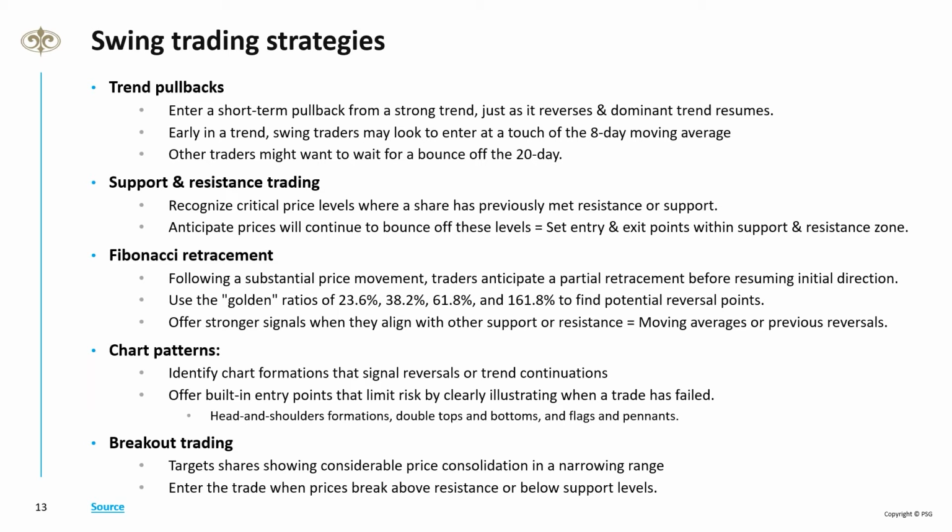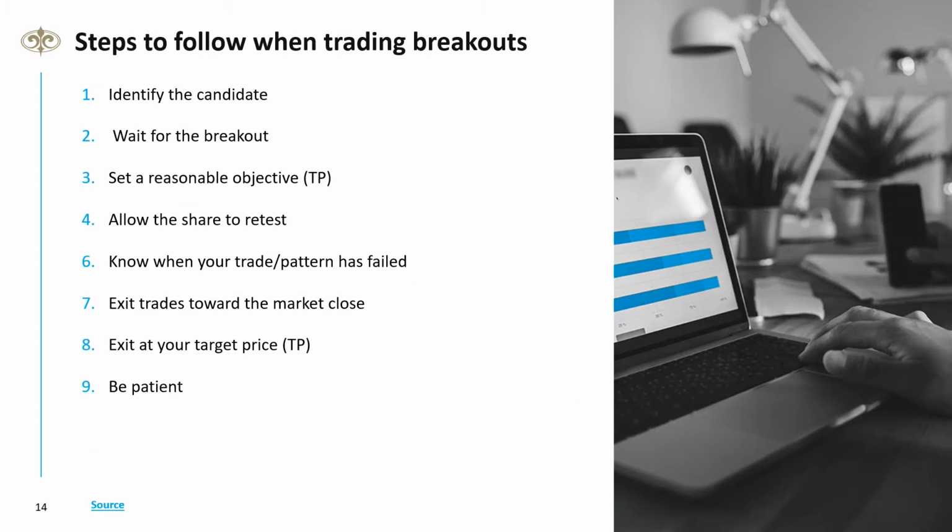So that fits in with what I like to use, which is called breakout trading. This is where we target shares that have a considerable price movement from a narrower range. So we have a sideways market within our uptrend. The market consolidates, takes a bit of a breather, waiting for new information. Then the new information comes out, it's positive, and it breaks out above the previous resistance level but continues on its initial path. That's what we call a breakout trading strategy. Obviously, the opposite occurs: if it breaks through support, you would go short and take advantage of falling markets, but you trade in the direction of the market. That's the main idea.